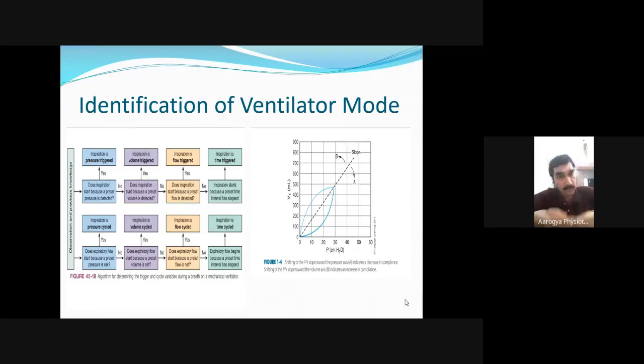Say if there is a bronchospasm, the resistance will increase. The peak inspiratory pressure will be reached early. When there is obstruction in the airways because of secretions, the resistance is very high. So as a physiotherapist, you need to see how the airways are, whether they are patent or not.